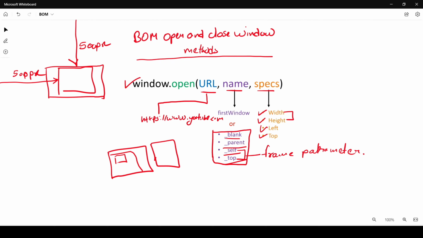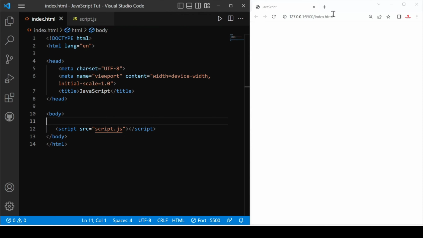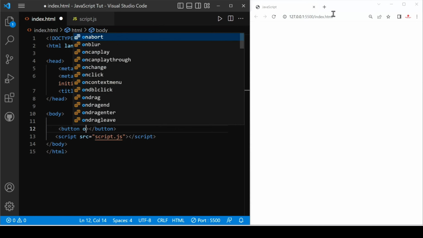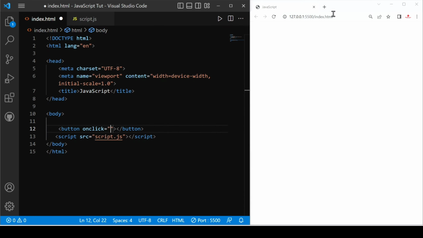Okay, now we will see how we can practically implement this in our JavaScript. Now we'll see how we can open and close a window with the help of a button. I just create a button here, and after that we provide an onclick event, open window, and I just copy the name of this function. Okay, now here I link our JavaScript with the help of a script tag, and here we come and define